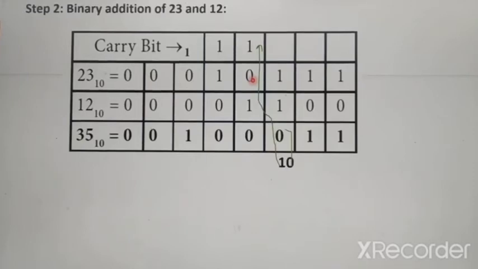Next we come to the previous position. In the previous position we have 0 plus 1. 0 plus 1 is equal to 1. Again we have to add this 1 with its carry bit. Carry bit is 1. So 1 plus 1 we get 10. Here also we consider the 0 as the sum and 1 as a carry bit. That 1 also we have to add with its previous position. In the previous position we have 1 plus 0. 1 plus 0 is equal to 1. Again we have to add this 1 with its carry bit. We get 10. The 0 we put in the sum and the 1 we add with its previous position.